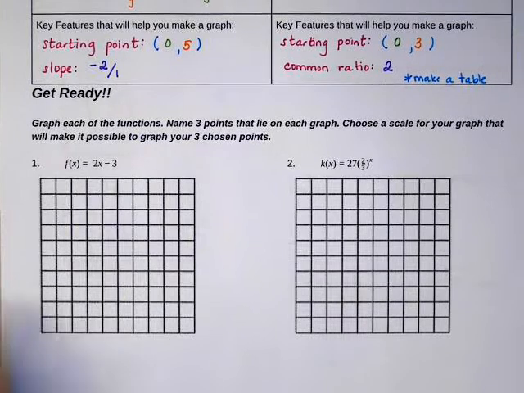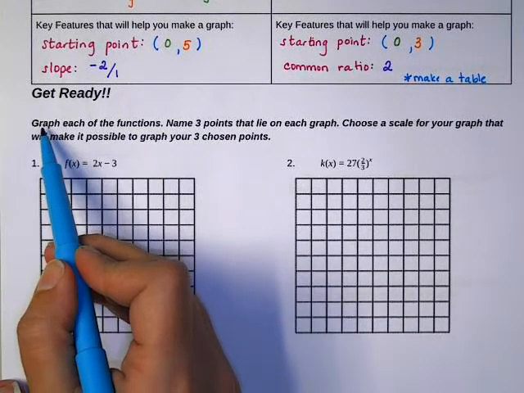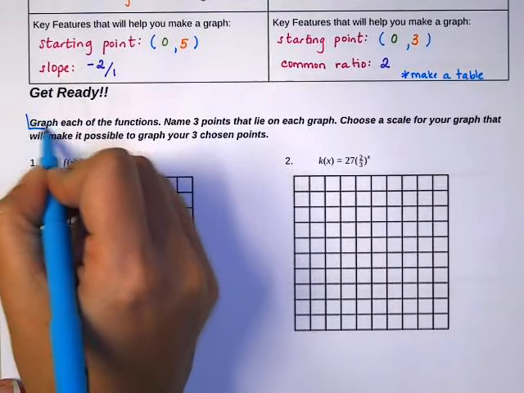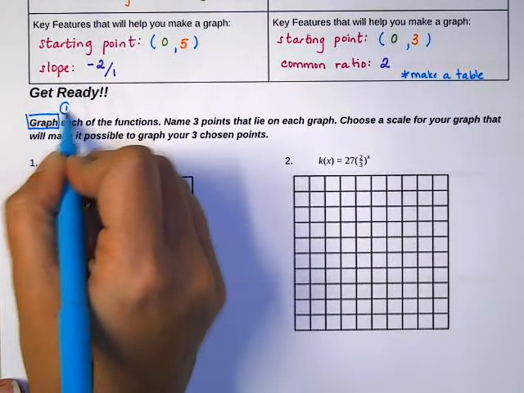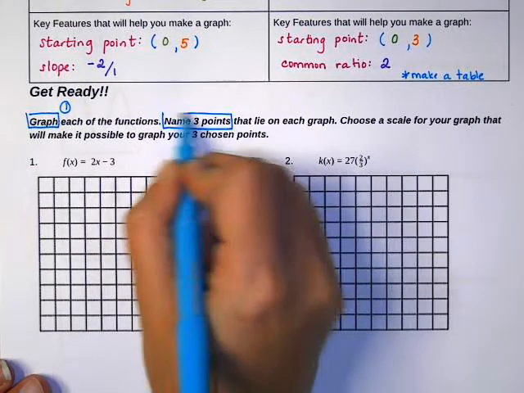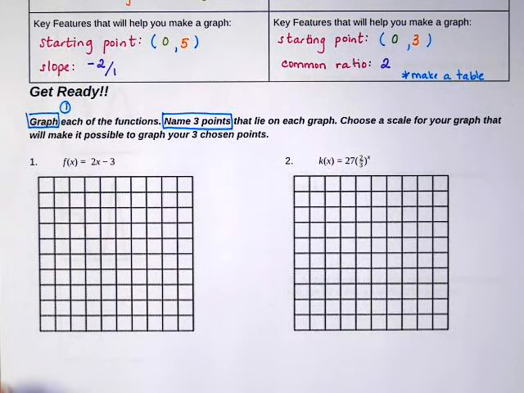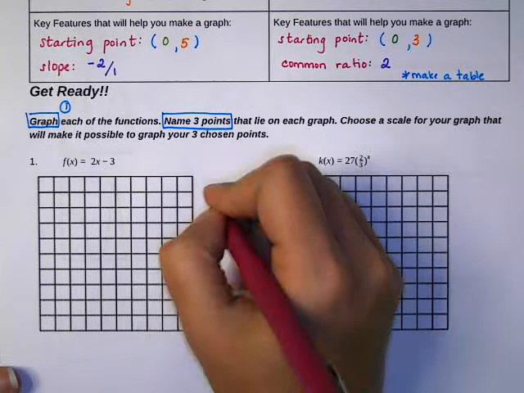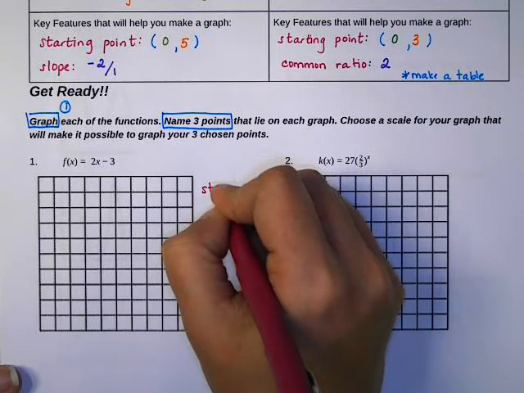So what we're going to do in the next problems, if we follow these directions carefully, is graph each of the functions. So that's step 1, graph each of the functions. Then we're going to name 3 points that are on that graph. We want to make sure that we choose 3 points that we can actually see on the graph that's in front of us. So for problem number 1, in order to graph this equation, I would try to figure out my starting point,